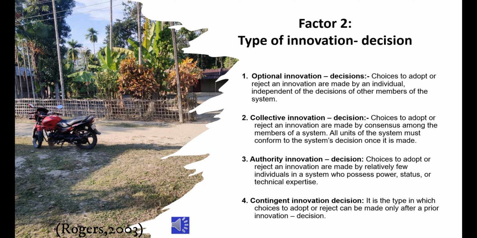The fourth one is contingent innovation decision. It is the type in which choices to adopt or reject can be made only after a prior innovation decision. Here, at least 2 innovation decisions should occur: optional, collective, or authority. An individual member of a social system may be free to adopt or not to adopt a new idea only after his or her system's innovation decision. First, one group or the social system takes the decision, and after that the individual will take the final